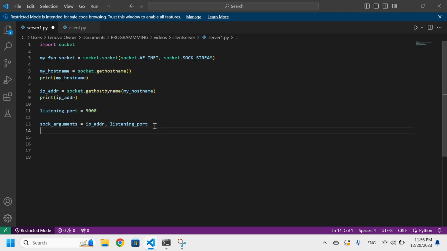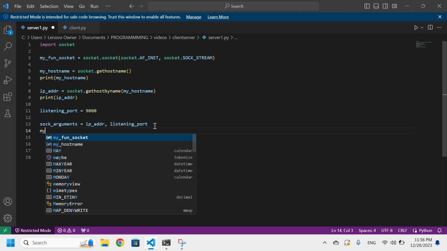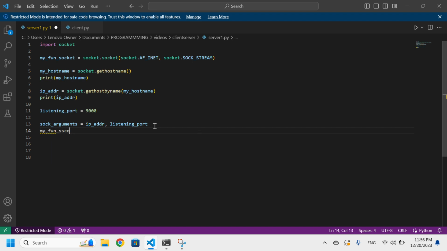So we're going to put these arguments in a bind call. So my fun socket, socket dot bind. So we'll put the tuple in there. And this is going to say, hey, computer, we're going to be using this IP address. We're going to be using port 9000. So let's get these things ready to go. And yes, you could have just put this into here, but these are the arguments that we're going to put in here. So you can do it either way. Yes, this can be done in one line, but